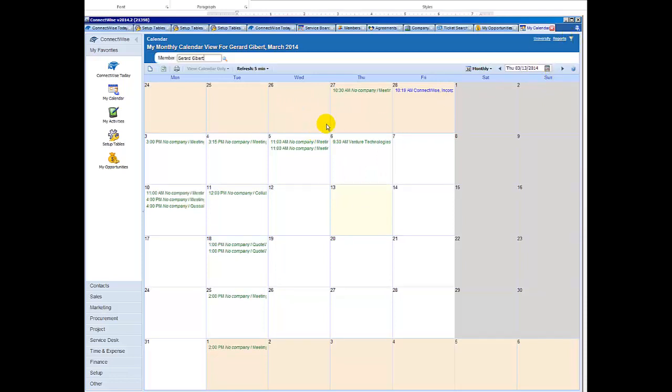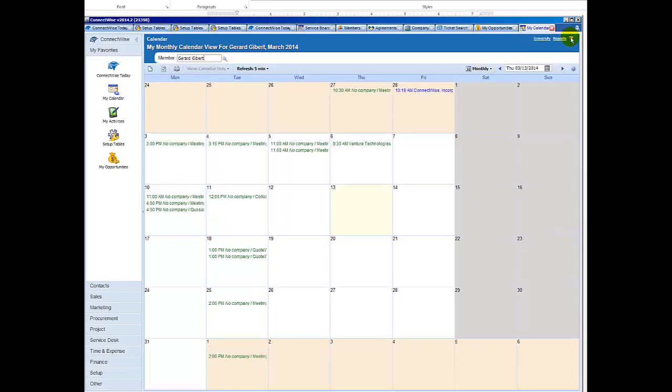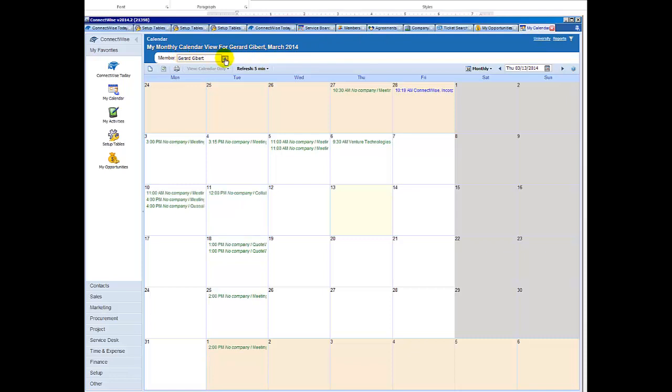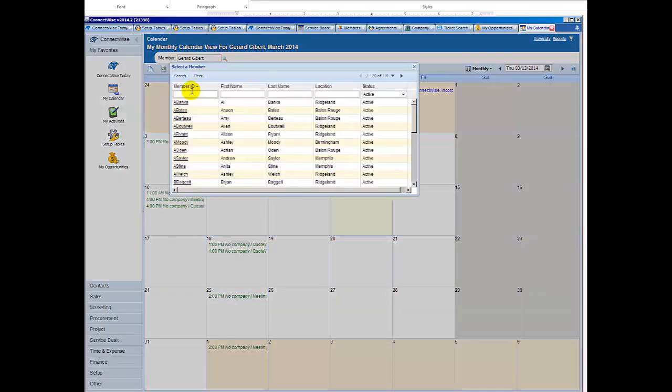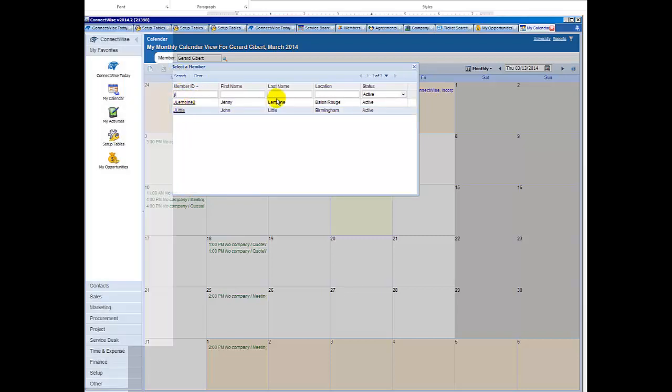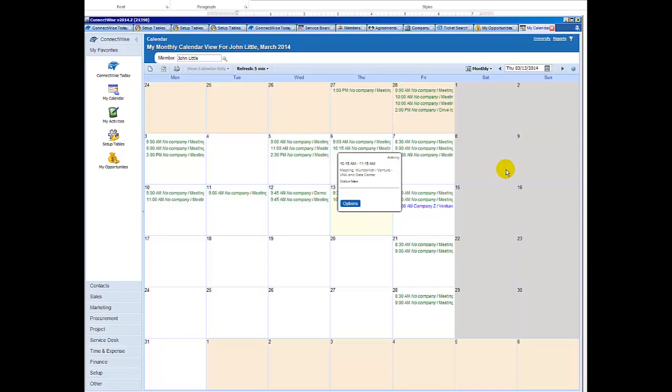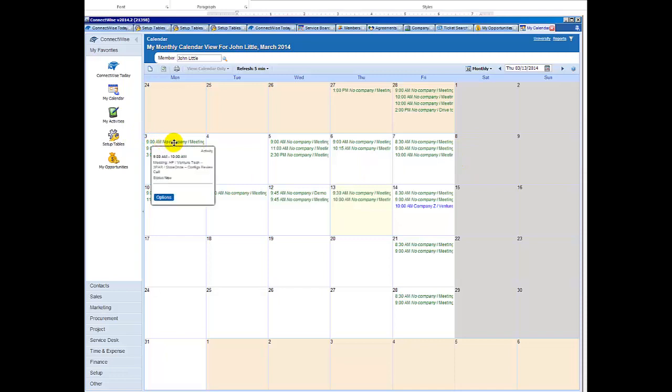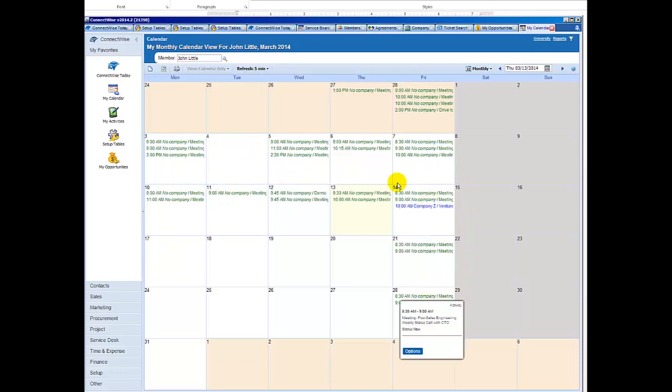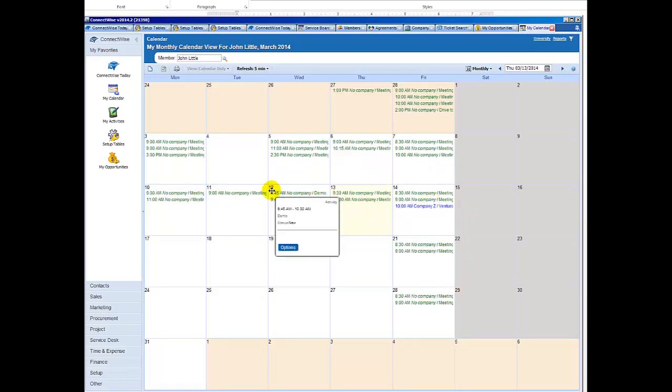view the calendar of other members, and all I do is click on the funnel right there, and you notice when I did that how that displays the member filter with a picker. So I can come over here and click on the picker if I just want to see what's going on in John's calendar, and select him there, and there's John's calendar. So this is just a way that you can look at the calendars of other members here in ConnectWise. Now notice that a lot of these entries have no company, and that's because most of those entries were actually made outside of ConnectWise in Outlook, and there's really no company field in Outlook, so there's not actually a way